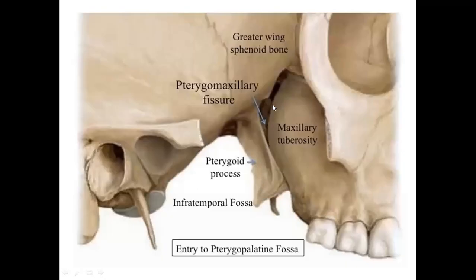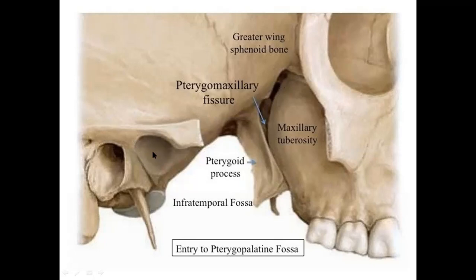Okay, so this is a very close picture. Now there is no question of not understanding. See, this is the maxilla bone, this is the orbit. The zygomatic bone has been removed for better clarity. This is the posterior surface of the maxilla, which is a little projected. You call it the maxillary tuberosity. This is the lateral pterygoid plate. Between the lateral pterygoid plate and maxilla, this is our pterygomaxillary fissure. If you pass the probe, it will enter the inferior orbital fissure of the orbit, right? If you pass a probe deeper inside, this point is nothing but the pterygopalatine fossa.